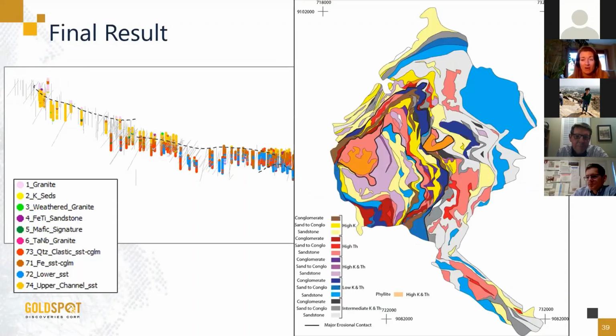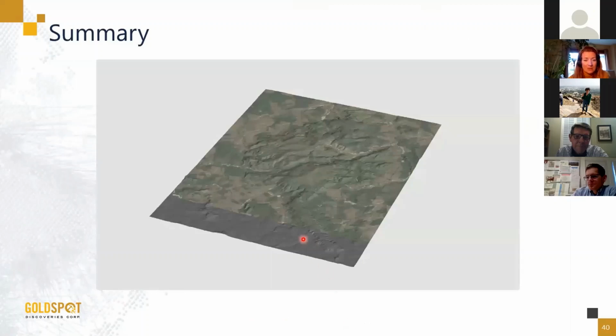And so here we have our completed geological map. This geological map is what we can use to predict the location of our gold-bearing units across the entire plateau. So in summary, we have,